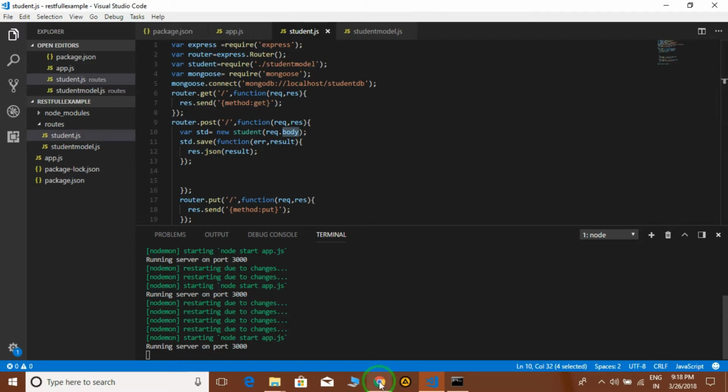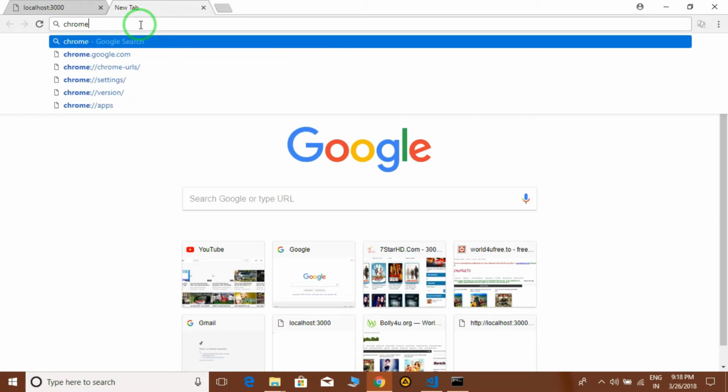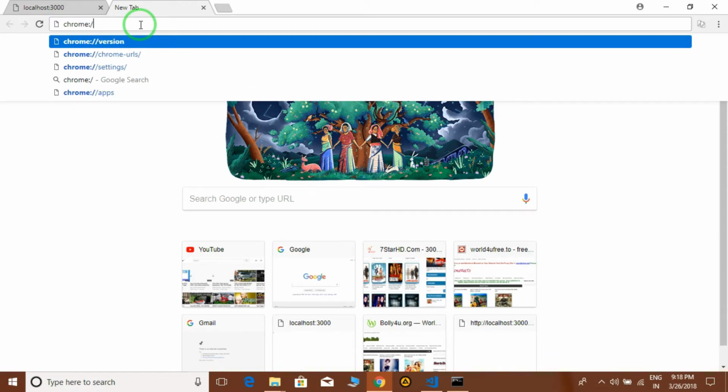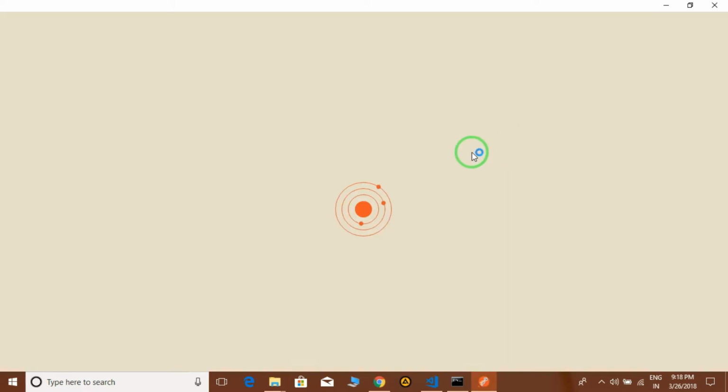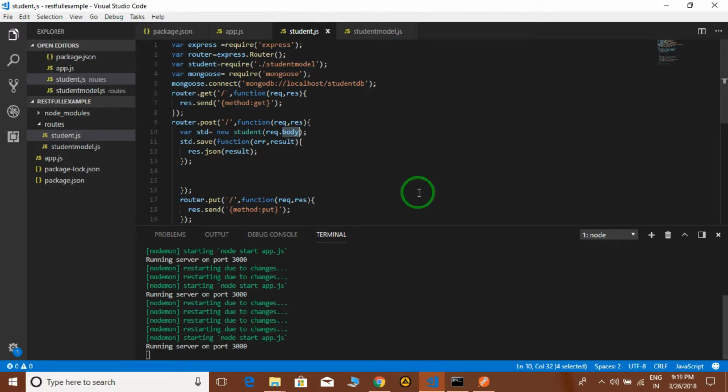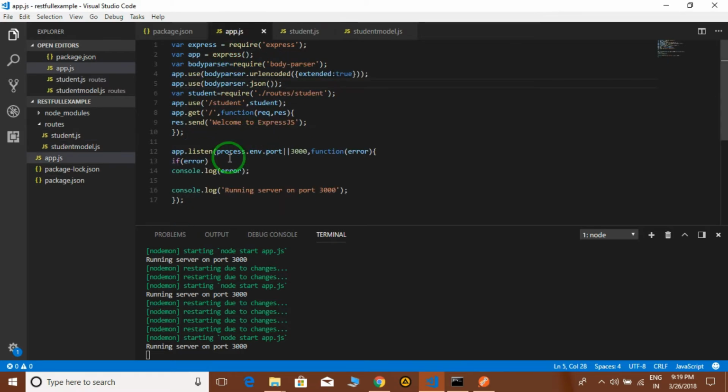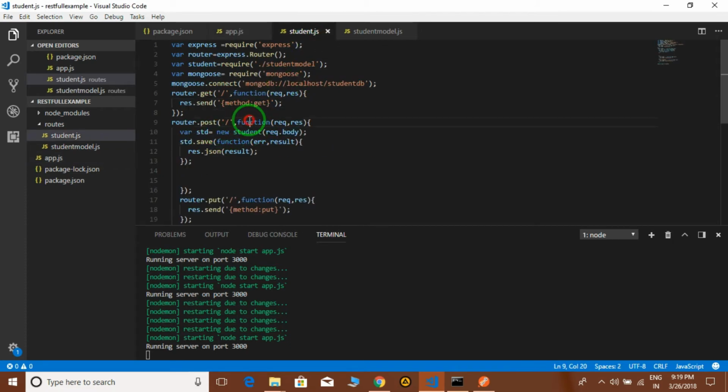Now we are checking that there is no error at all, and starting. Now we are going to use the RESTful API. We have to use the Postman tool for sending data. So from that we are going to run Postman. By using Postman we will send information or data in a post request on this URL. The URL is student. So a post request for student, and this function will execute. It will save the data and will also display it on screen.